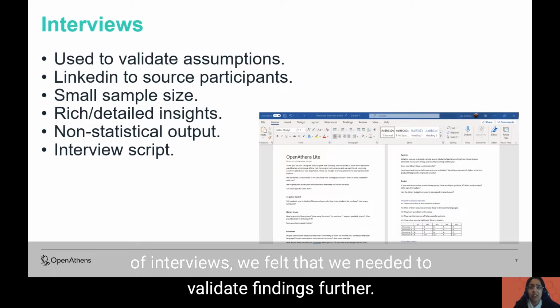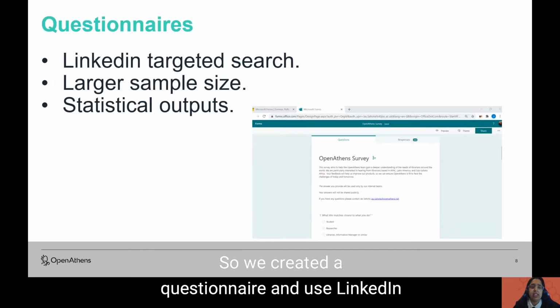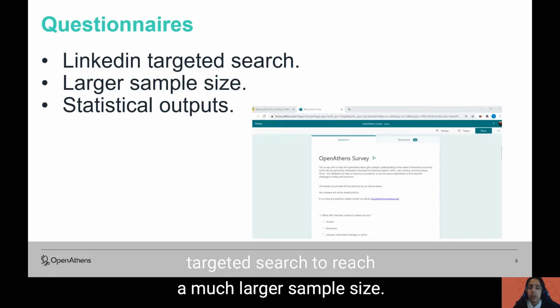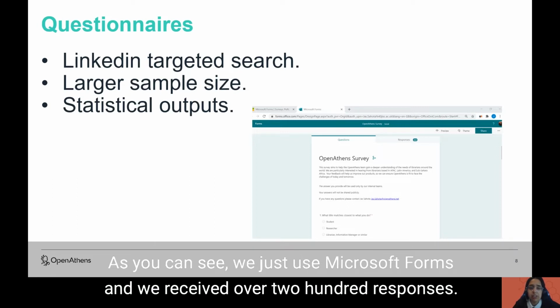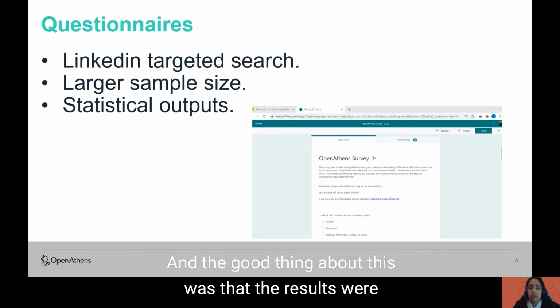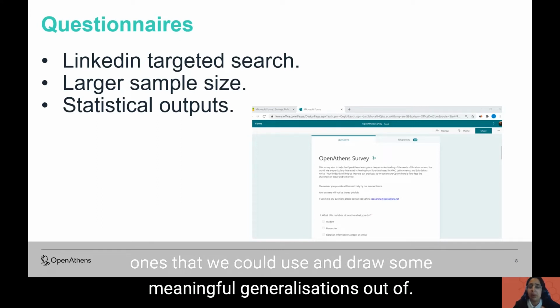And due to the small sample size and the nature of interviews, we felt that we needed to validate findings further. So we created a questionnaire and used LinkedIn targeted search to reach a much larger sample size. As you can see, we just used Microsoft Forms, and we received over 200 responses. And the good thing about this was that the results were ones that we could use and draw some meaningful